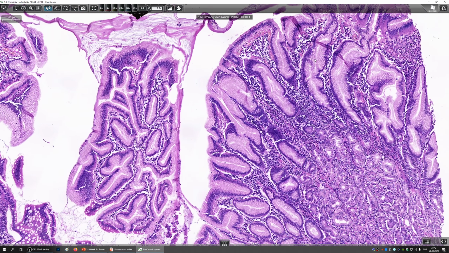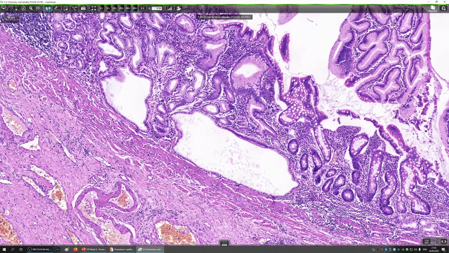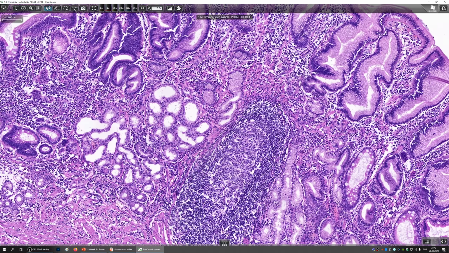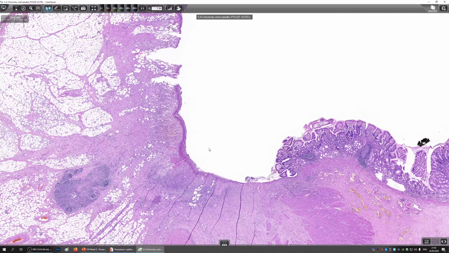I'm not going to look for H. pylori in this case because it's not all that relevant. Here's a nice lymphoid aggregate with a follicular center. That's also typical for H. pylori. Now I'm going to resist and not look for it,